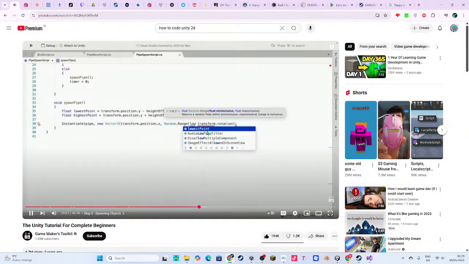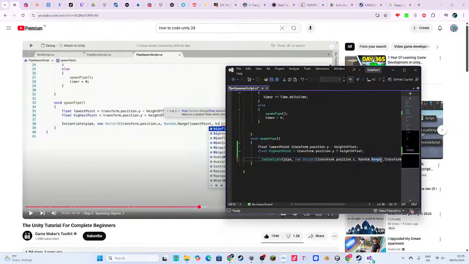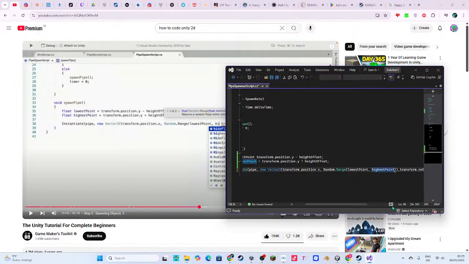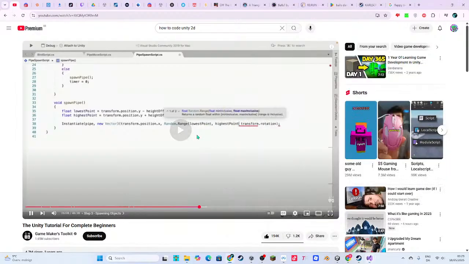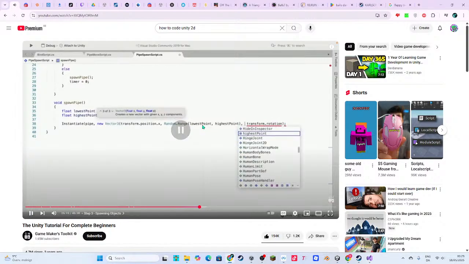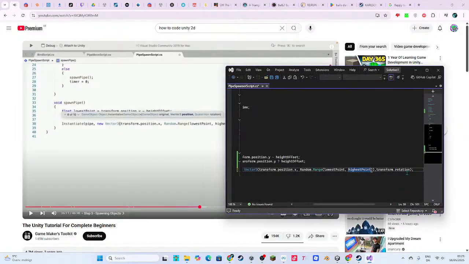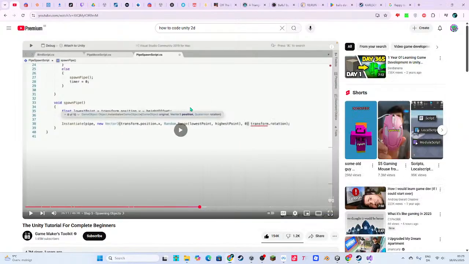That's lowest point and highest point. Then a 0 for z, and close the brackets.